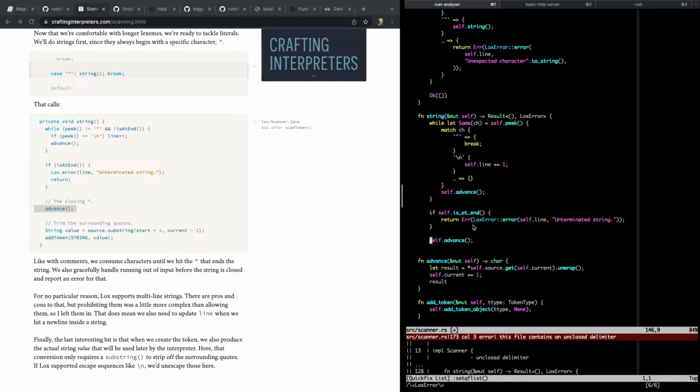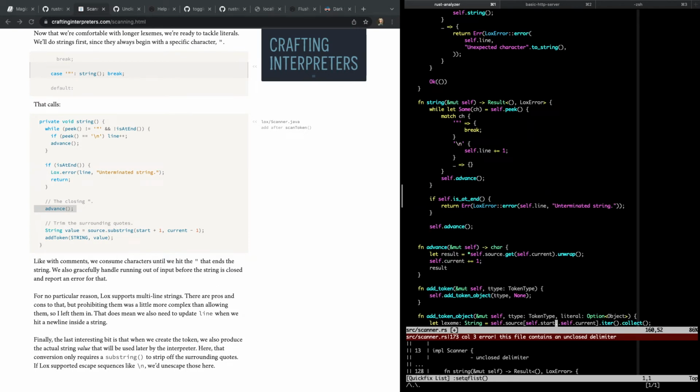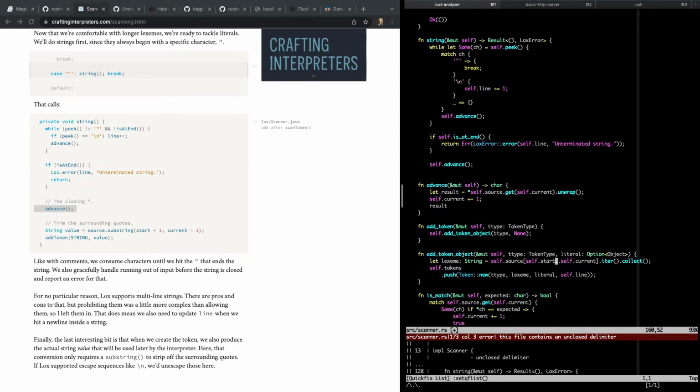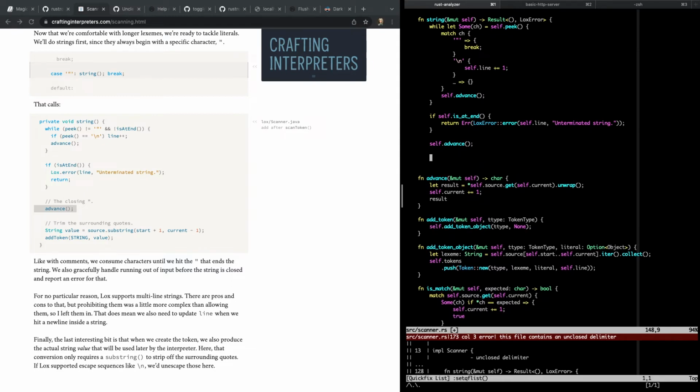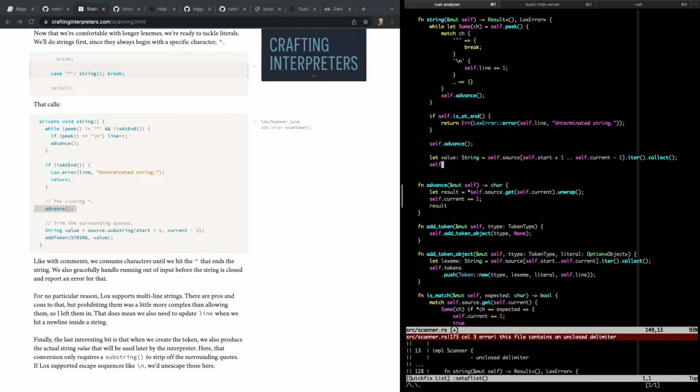Okay. So how did we do it last time? We just did self.source like that. So let value equals self.source, self.start + 1 through to self.current - 1, iter collect. And I think I do need to tell it to string so collect knows what to do. Maybe? I don't know. And then self.add,